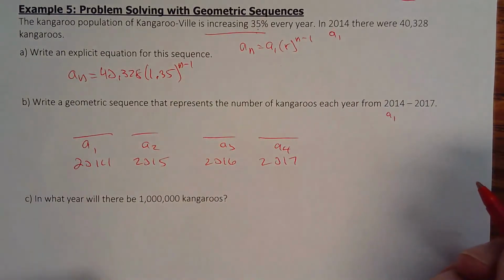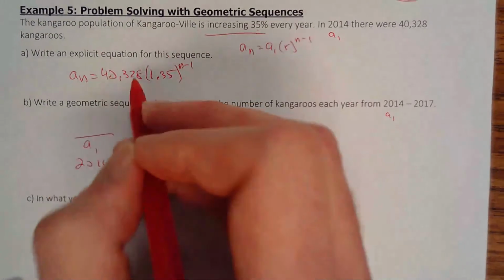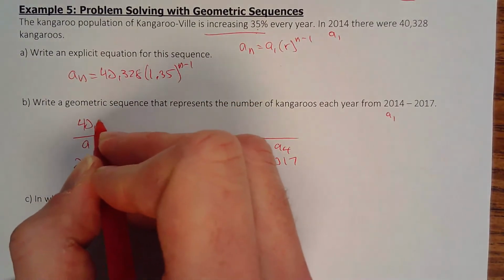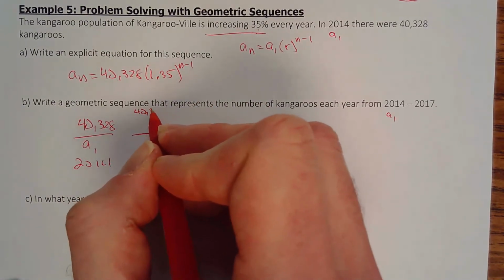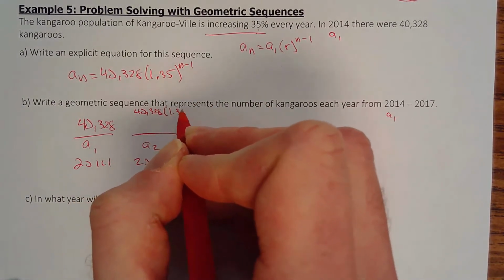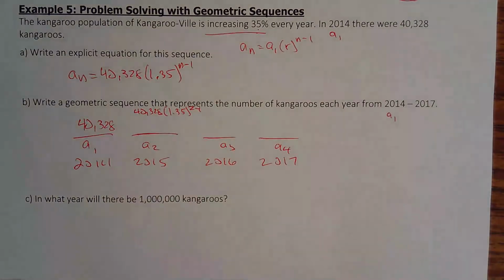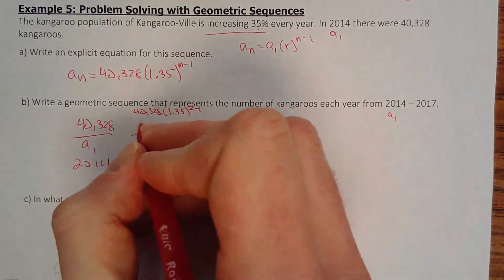So I got to plug 1 in. And when I plug a 1 in, well, that's your A1. I don't need to actually plug 1 in. Now plug 2 in, so it would be 4328 times 1.35 to the 2 minus 1 power, or the first power, and you get